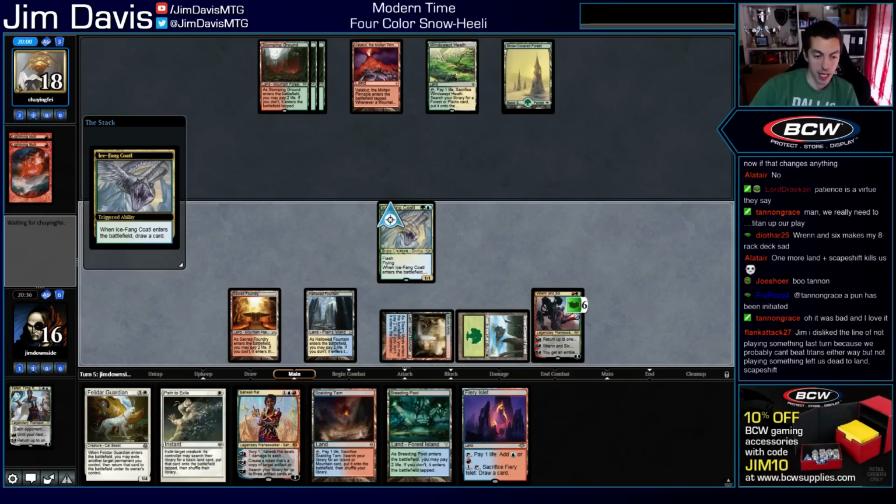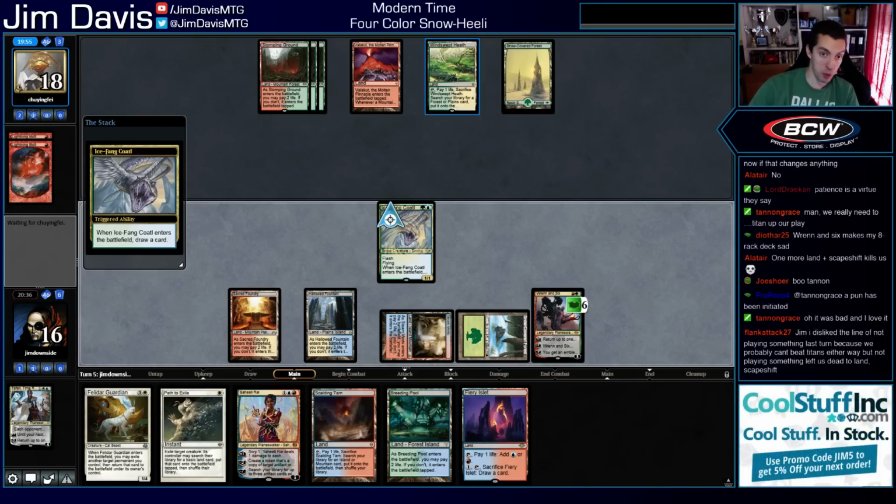I think we can beat 1 Titan, though. I think we can definitely beat Summoner's Pact for 1 Titan. And I'm pretty sure they have a Titan. I mean, I was pretty sure they had a Titan. I guess I don't, but...